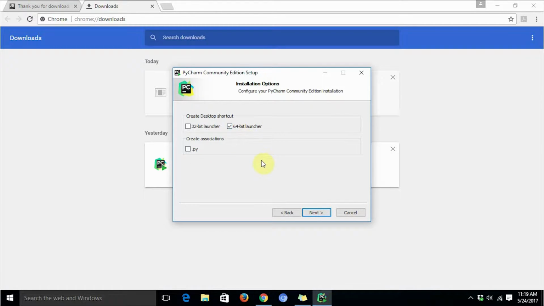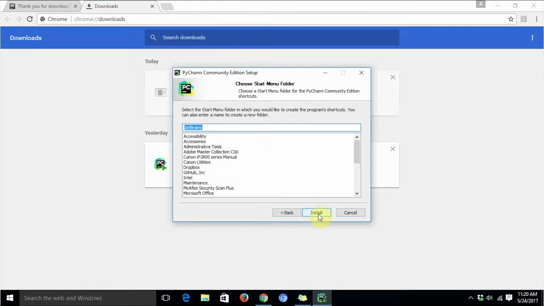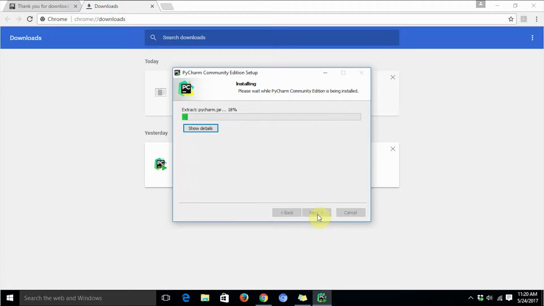Here we can see a couple of checkboxes in the wizard. If you want all of your Python programs to be associated with PyCharm Community Edition, then you can check the last option. But I would recommend you not to do so, because you can also accomplish this later from the OS settings. So we are going to leave it as it is for now. Then we are going to click next and install it. It will take quite a while for installation, so I'm going to skip this part.